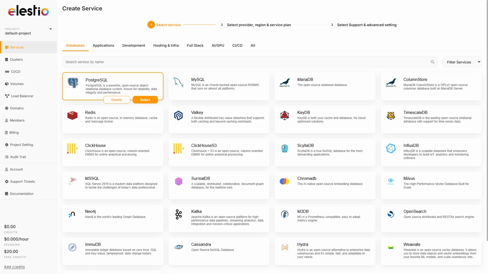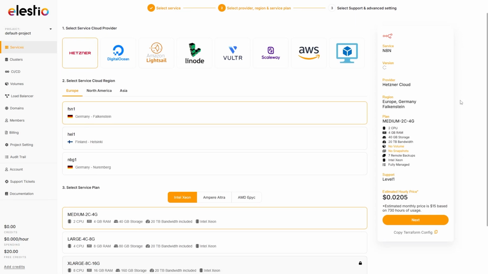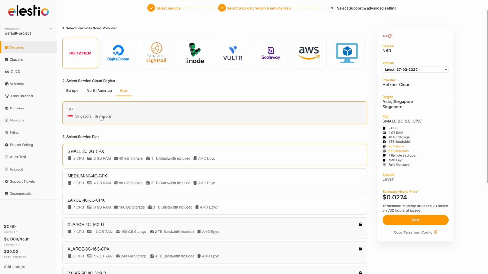So we're going to start by setting up our instance. So what we're going to look up is n8n. We got a few options for different servers that we can select. Now, depending on your region, you pick the closest one. So for me, that's going to be Asia. Now heading down to the select service plan, you can see that